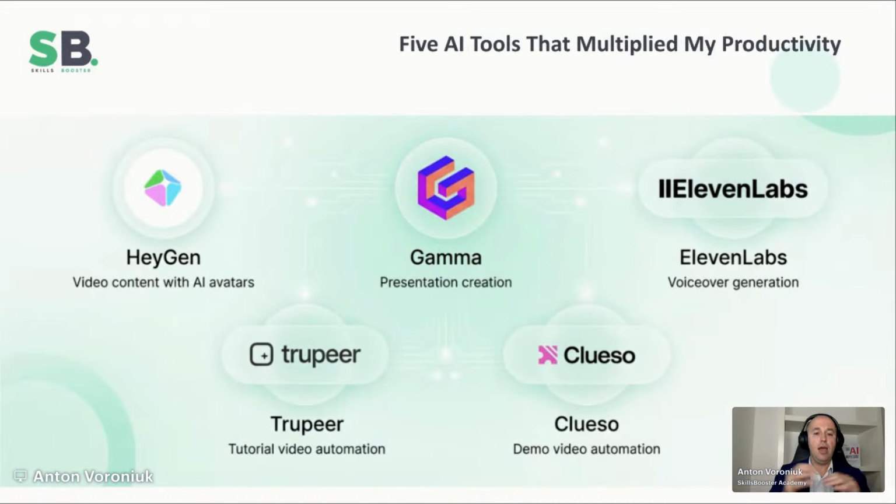So we have in our toolkit two other really prominent tools. It's Trupeer and Clueso. They help us to go through our video screencasting. They help us to add voiceover from 11 Labs, and they make our courses really practical because we try to make each course that we have on Udemy at least